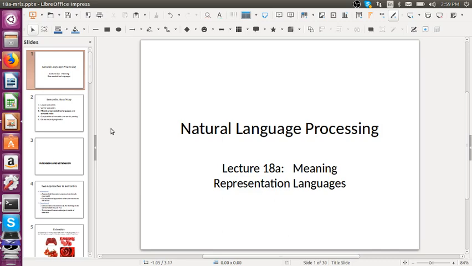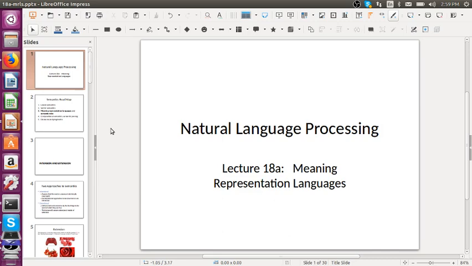So there's actually sort of three things I'm going to be talking about over the next two lectures, and I'm going to try to get through two of them this lecture, but it might be that half of the second one moves on to Thursday. So I'm going to be talking first about how do we represent meaning in a symbolic way. So how can we come up with logics that actually represent the meaning of sentences and what desirable properties we would like for that. And then I'm going to talk about some of the aspects of how to get that information out of